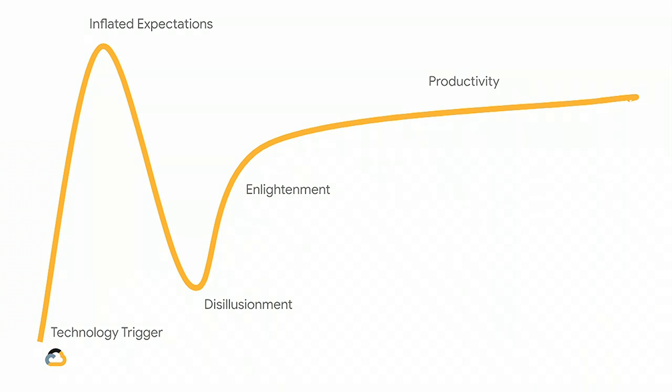As an example of this, remember back in 2007 when Steve Jobs came on stage and he said, one more thing, and he introduced the iPhone. What happened after that was the peak of inflated expectations. The iPhone, the cell phone, was going to do away with everything. We wouldn't need desktop computers anymore. We wouldn't need laptop computers anymore. All we would need is one of these devices in our pocket, and it would do everything. And while those devices were revolutionary, and most of us have smartphones now, they didn't replace the desktop. They didn't replace the laptop. We went through that peak of inflated expectations.